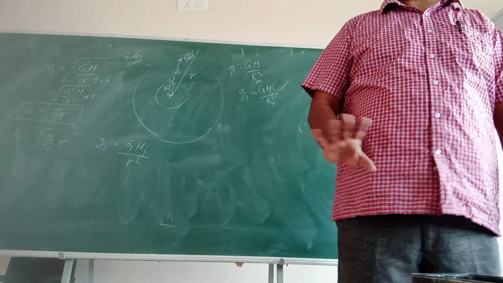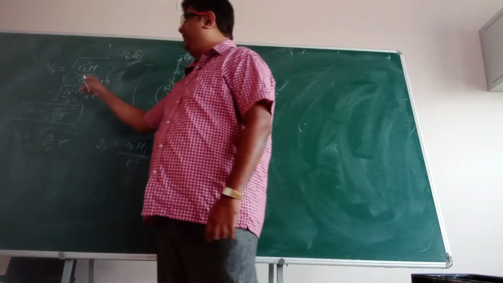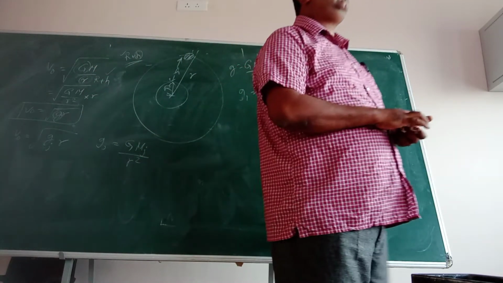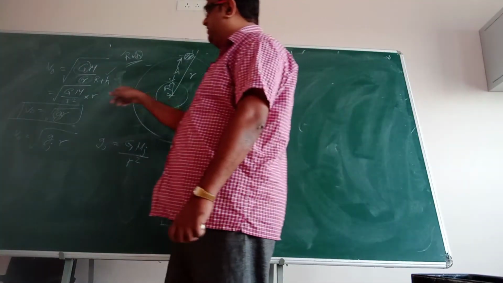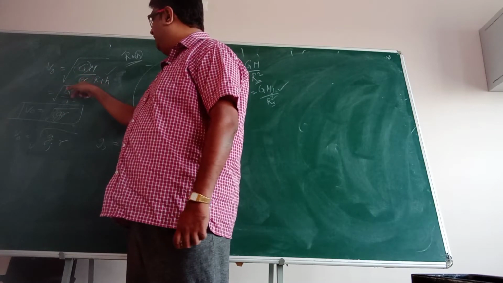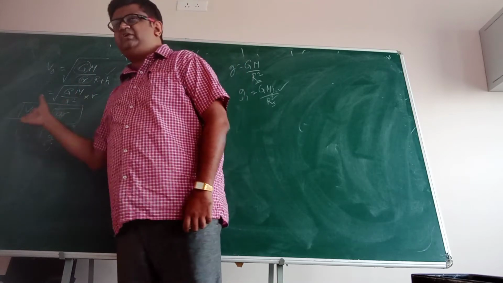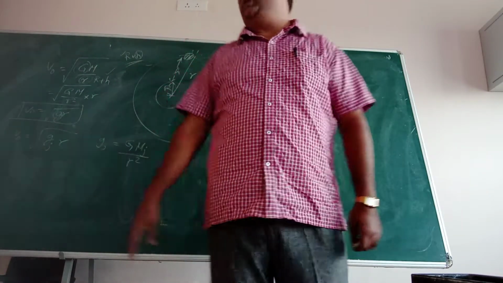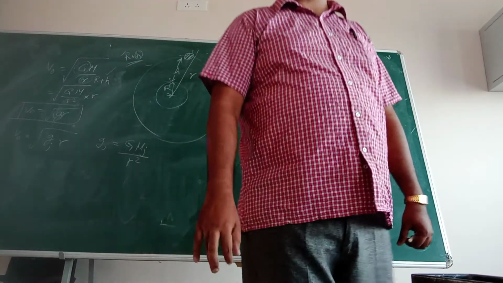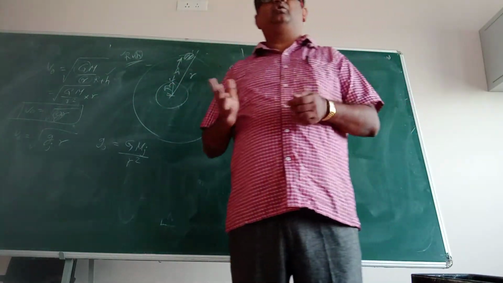Clear? Okay. This was the basic formula which we have derived earlier. G m by, just refer your notes, G m by r plus h. Yesterday I have done that. If you want to write in terms of small g, what I have done is I have multiplied and divided by r. So you are going to get the value of g. But here I am making an assumption that h is negligible when compared with capital R. You will get close about value.